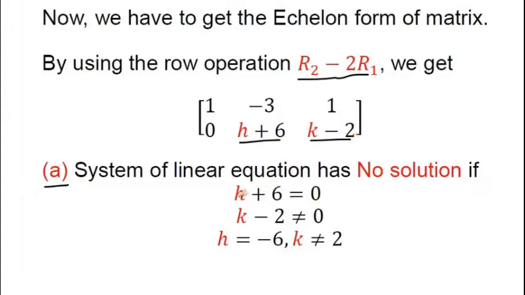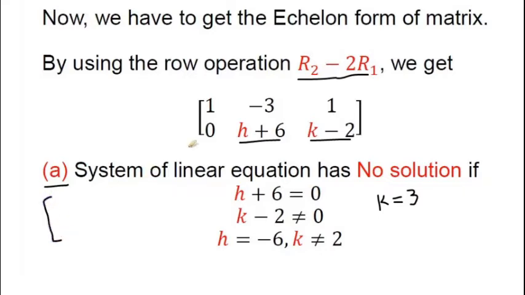That's why we say that h plus 6 is equal to 0, that is h is equal to minus 6, and k minus 2 is not equal to 0, that is k is not equal to 2. If we suppose that k is equal to 3, and h is equal to minus 6,